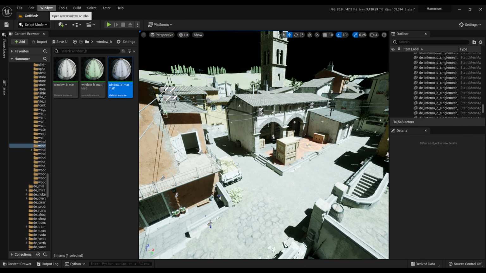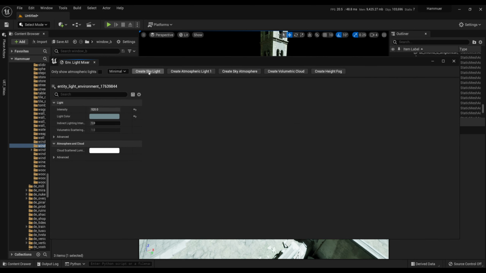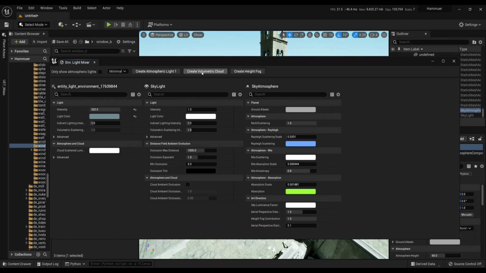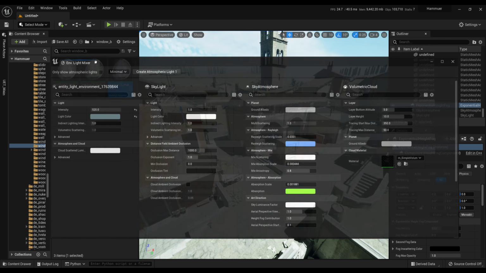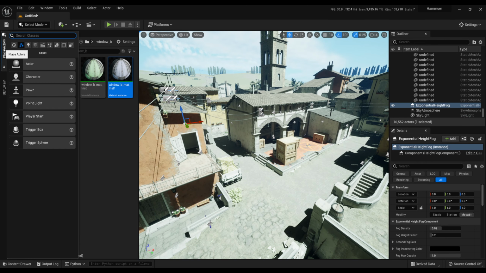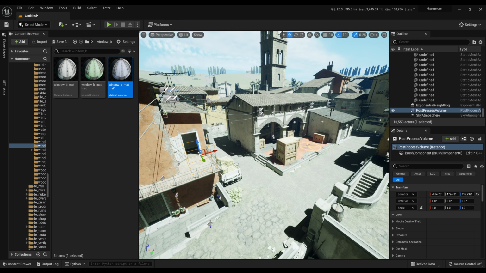To set up the light, open up Environment Light Mixer and spawn light actors. We need all of them except the second sun actor. Also, we can spawn post-process to tweak auto-exposure. First of all, make it unbound. Find the exposure tab and set the same settings as I have.